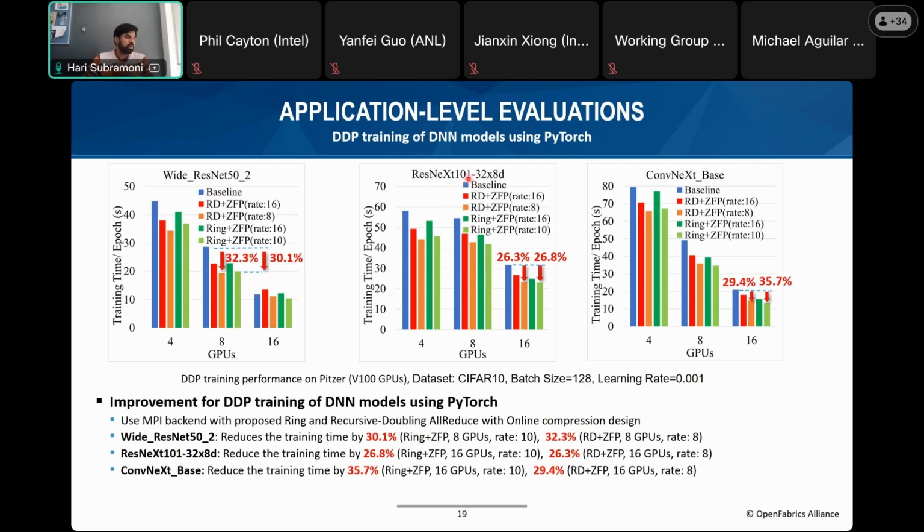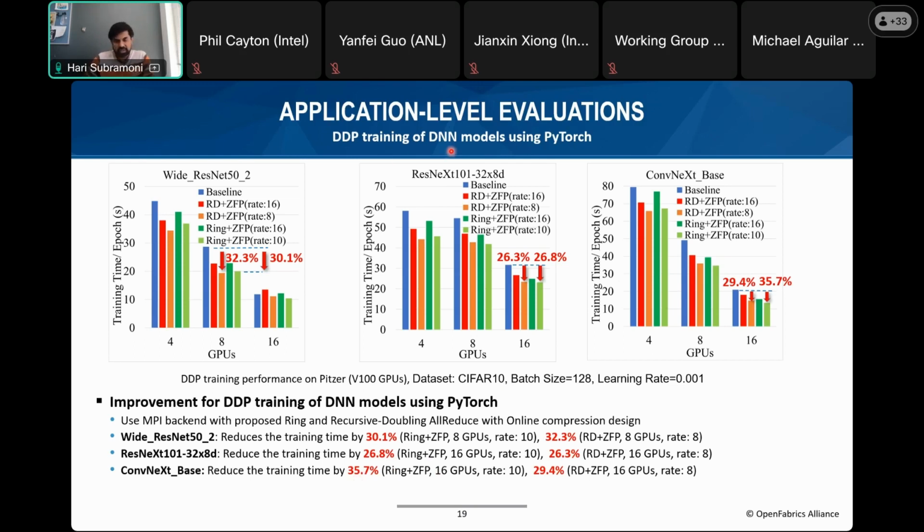So this is the Wide ResNet model. This is the ResNeXt model. This is the ConvNeXt model. If you look at the performance of the baseline approach compared to the various compression schemes and algorithms, here we look at recursive doubling with different compression rates and ring with different compression rates. Broadly, you see that depending on your system size and the number of GPUs, either the recursive doubling algorithm or the ring algorithm does best. So overall, we were able to save somewhere between 25 to 35% in overall execution time